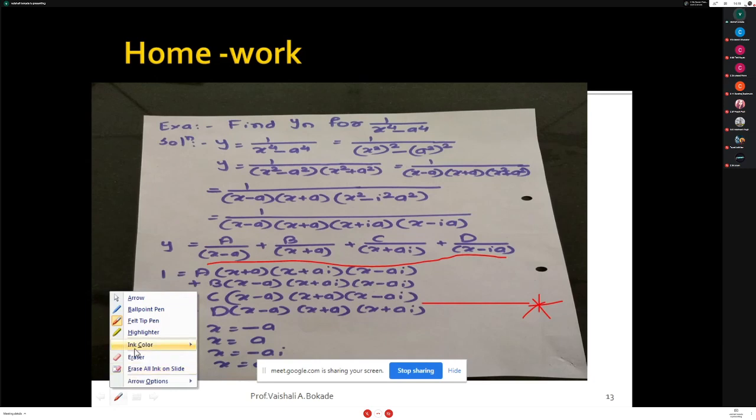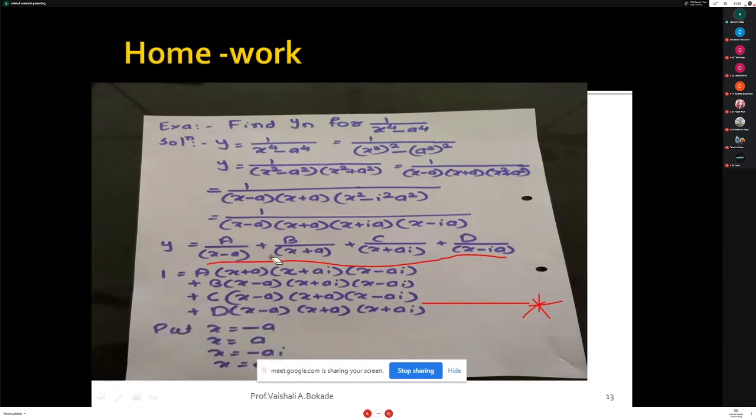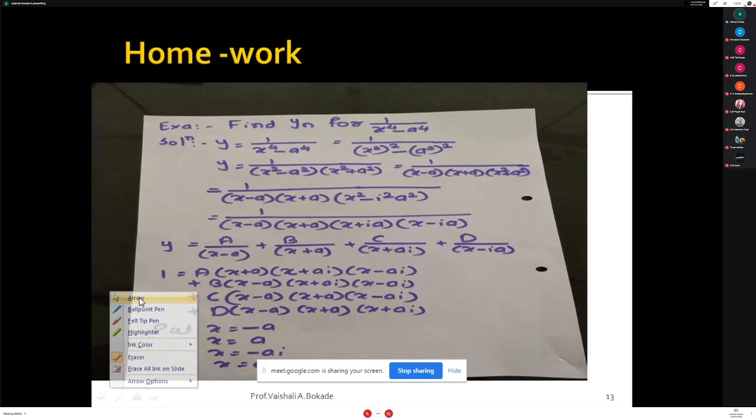So this is your homework example. Go for searching the values of unknowns A, B, C, D here, and use the formula for 1 upon x plus b on all four terms for finding the nth derivative. So this is your homework example. Next I have to proceed. Everybody take a screenshot of this and try it. Those who try will definitely have doubts; otherwise you will not get any doubt, and you will not understand things properly. Just take a screenshot and try it today itself.